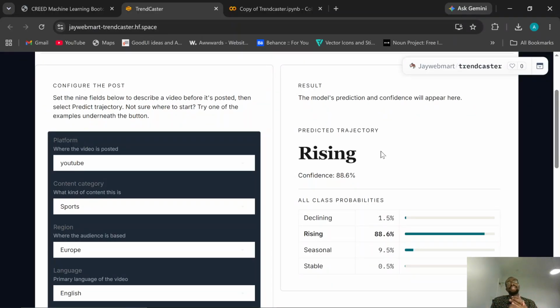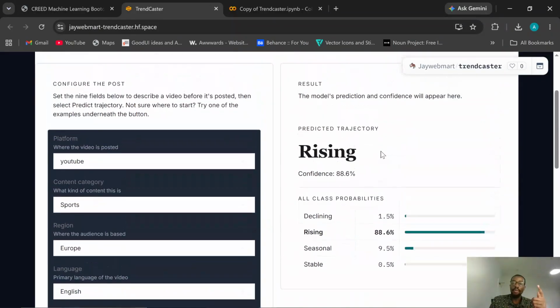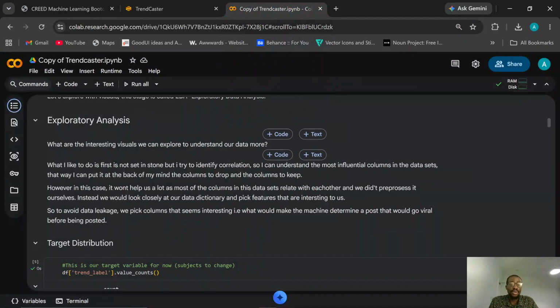They mentioned that it could be nice if, once you click on predict, the trajectory pops up directly, so that you don't have to scroll back up. They mentioned a lot of use cases on how they can improve it, and I want you to think about that too. So, back to our exploratory analysis.